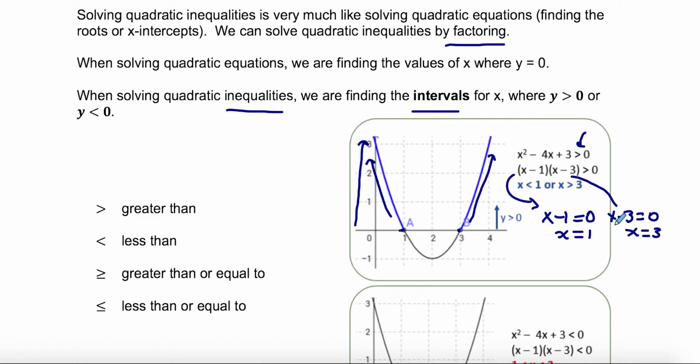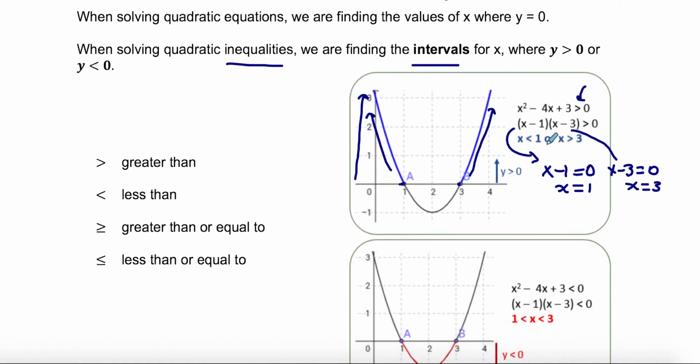Our answer would be anywhere from here down and anywhere from here up. So we would answer that x is less than 1 or x is greater than 3. Both of those areas, greater than 3 and less than 1, are where our graph is above 0